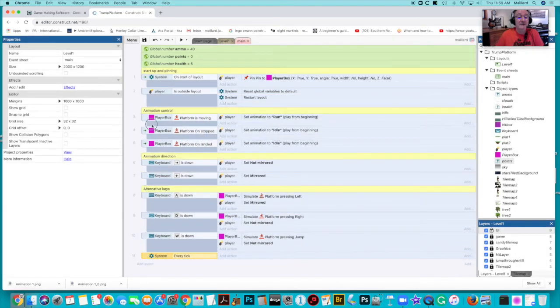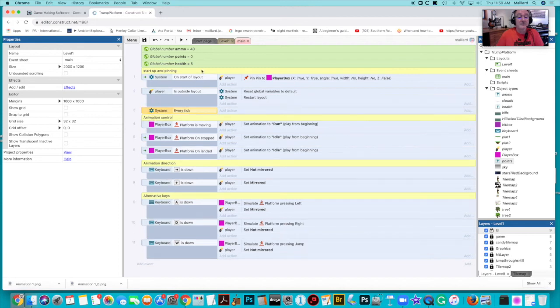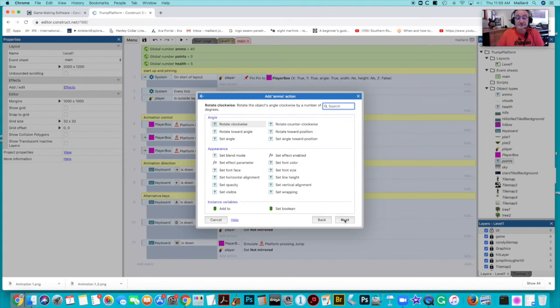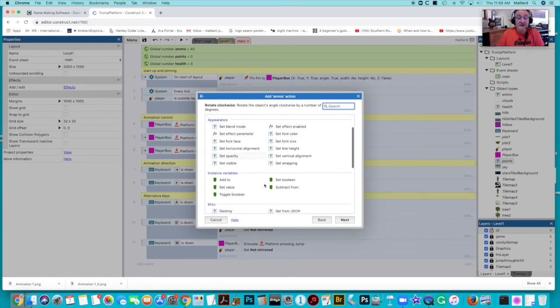I'm going to put this up at the top of my system here. This is almost my system set up ready for my game to start. So every tick, and then I'm going to go ammo, set text,